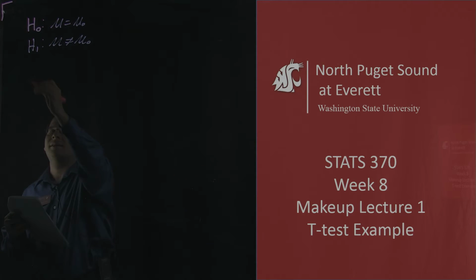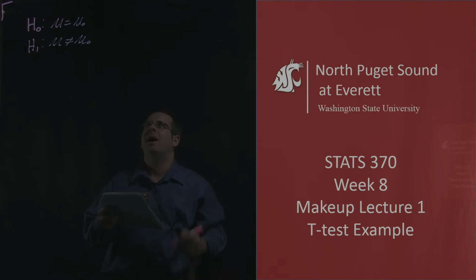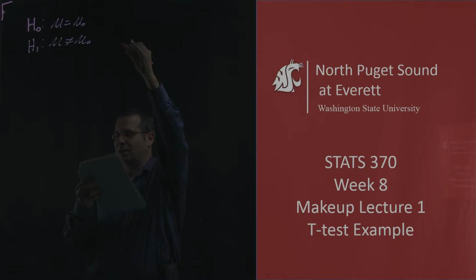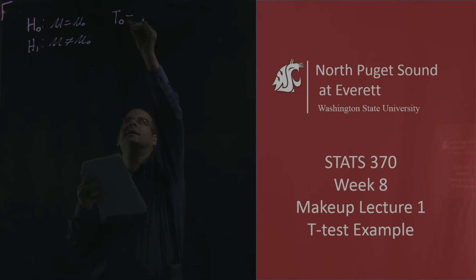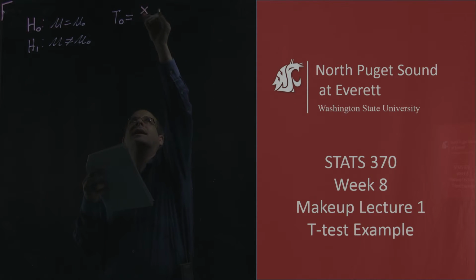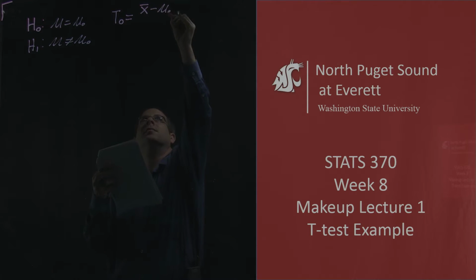Now, instead of a normal distribution, I'm going to have a t-distribution, and my test variable is now going to be t equals x bar minus mu naught